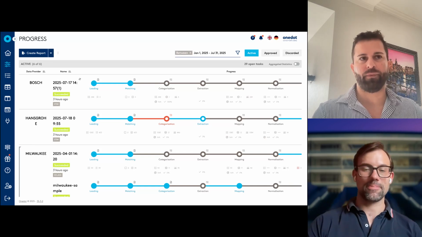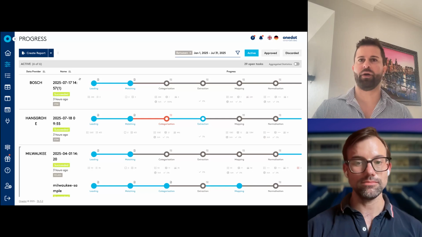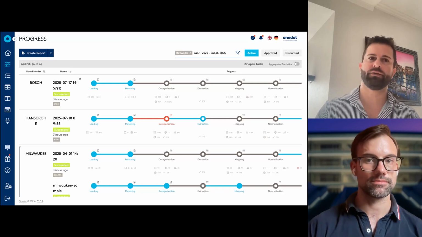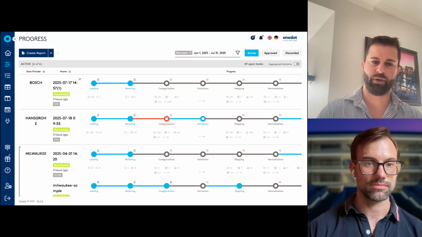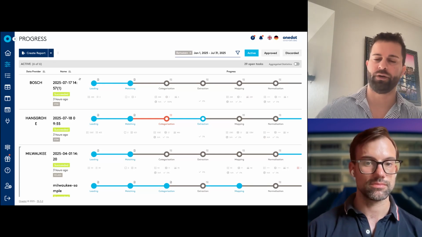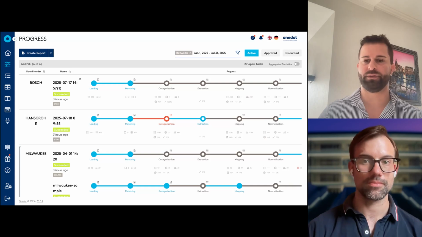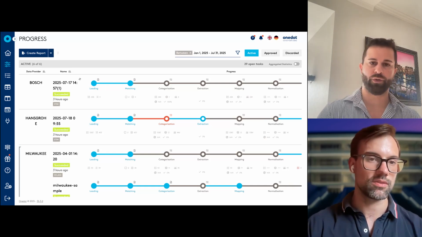So I would say, of course, we have to identify what the functionalities of the PIM are today, because more or less all PIMs have the same functionalities, but we have to understand what kind of functionalities are covered, and then we can see the differentiation with One.dot. But more or less, what you can do with a PIM, you can also do with One.dot.